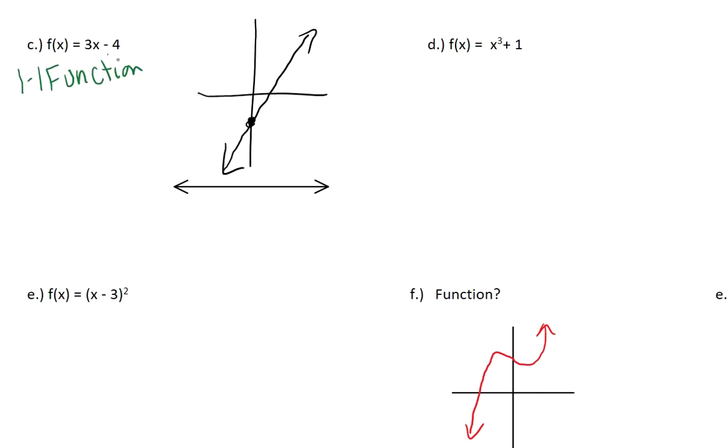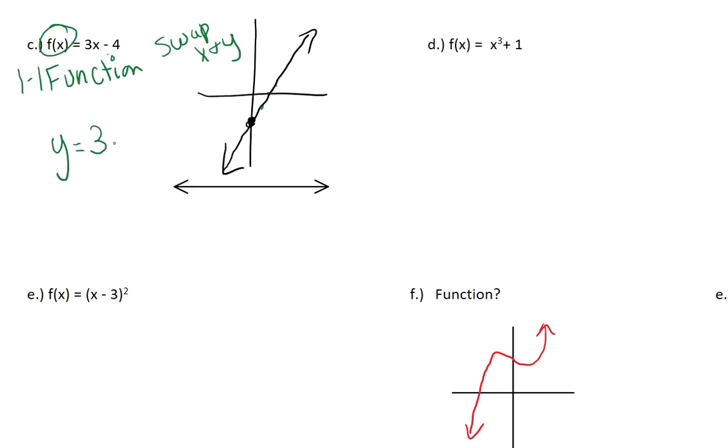So there aren't any specific coordinate points. Well, there are, but there's millions of them. So how do we actually write the inverse? Well, we do what we did in the other ones. We swap x and y. What we're going to do is we're going to make the f of x y, because that's